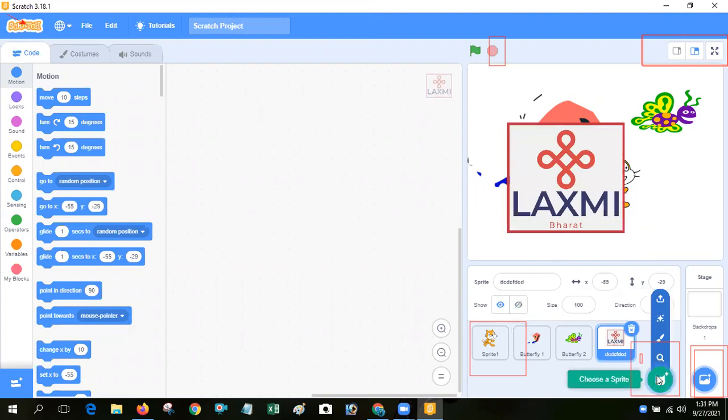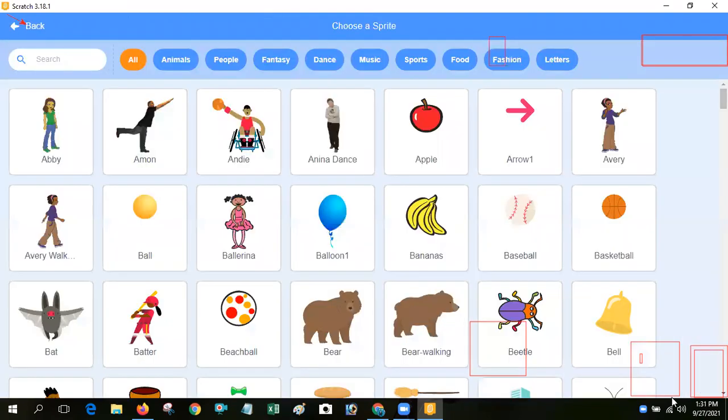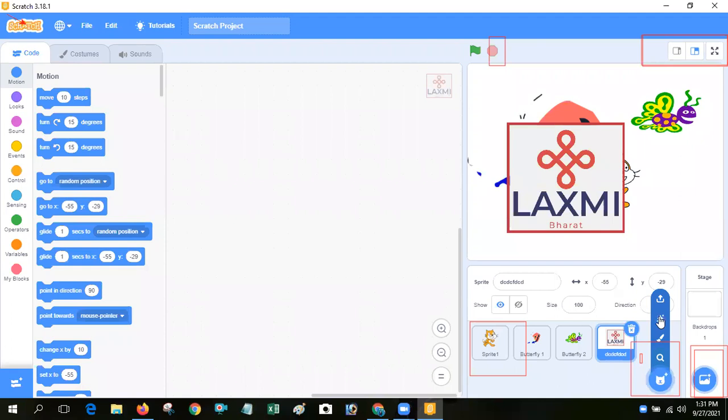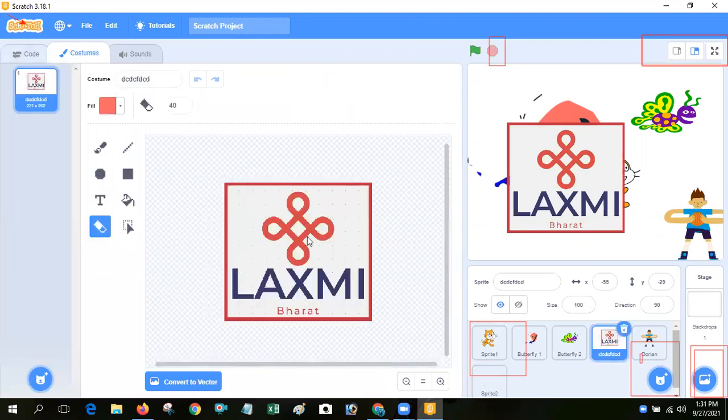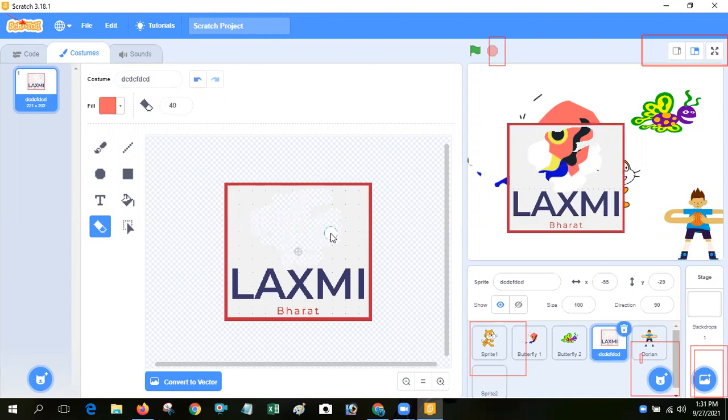Next, you see paint. We already discussed paint. Double click on it. After that, click on the costume tab. Next, you see new sprite from camera.